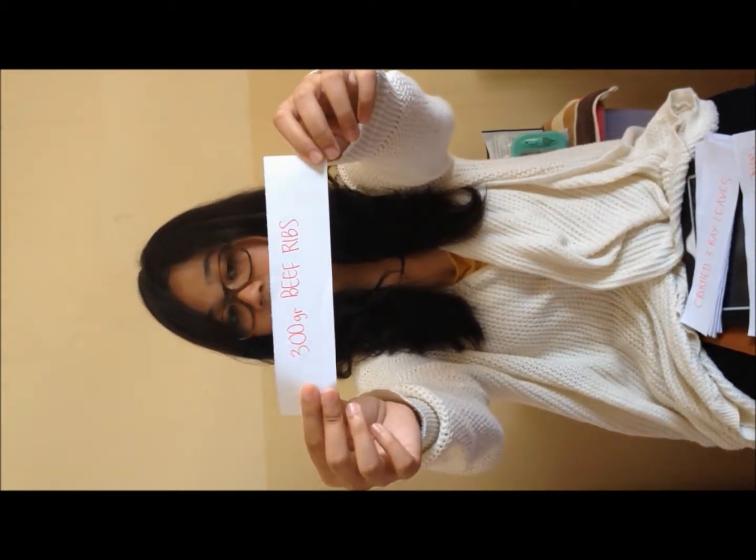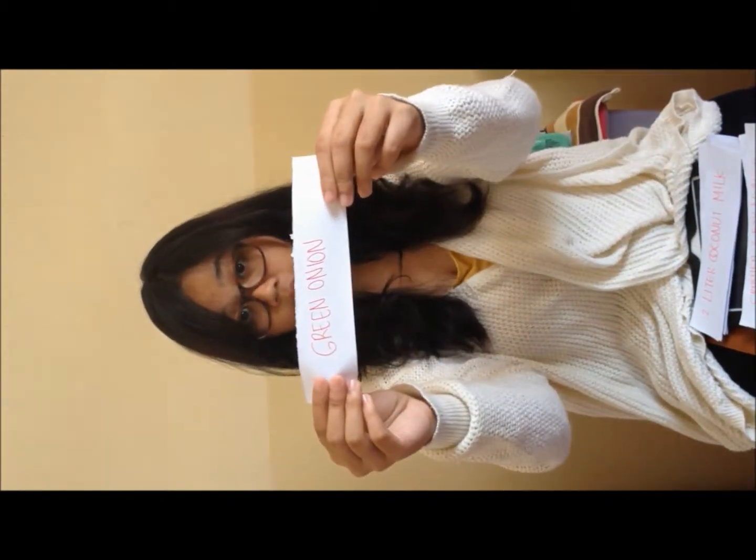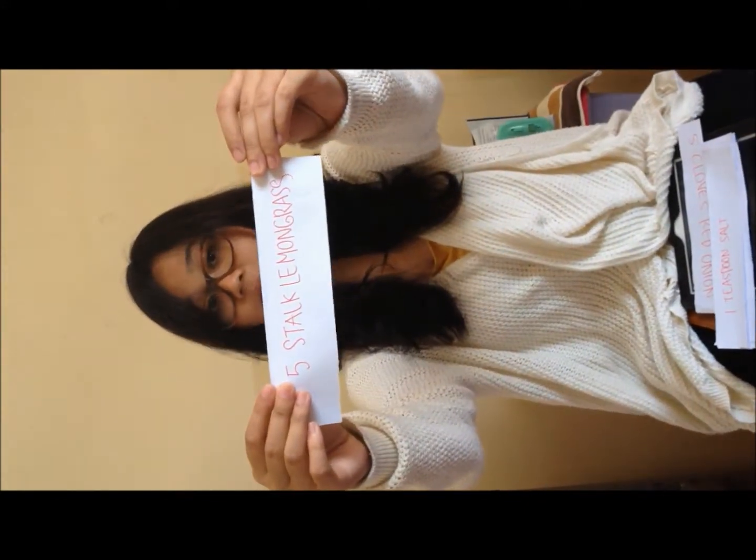Okay, for ingredients, you must have 200 grams of oval intestines, tripe and lung, 300 grams beef ribs, 3 crushed bay leaves, green onion, 2 liters coconut milk, 3 cloves garlic, 5 stalks lemongrass, 1 teaspoon salt, just a little bit, not too much, 2 ginger,